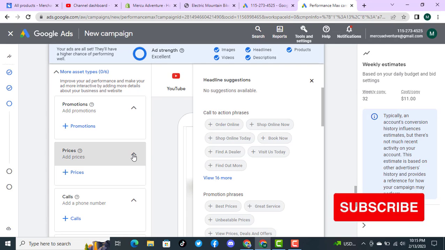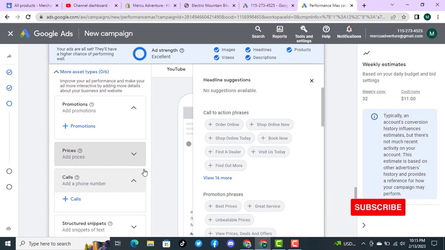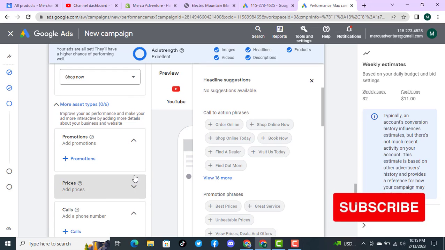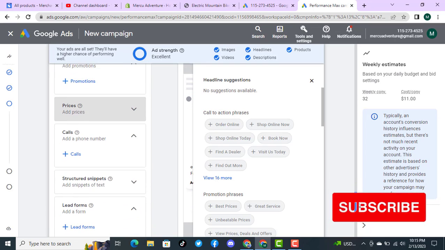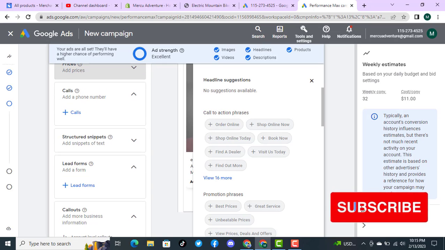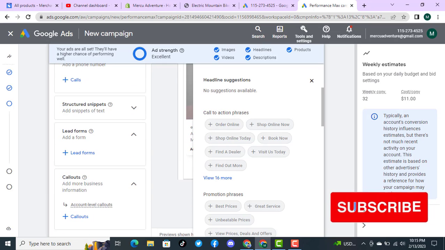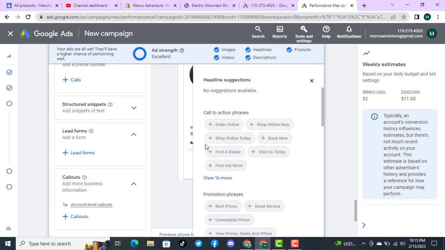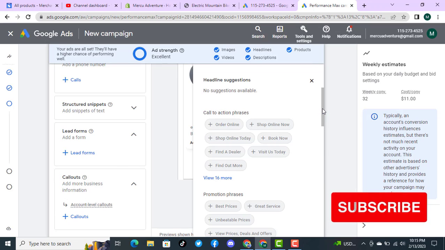And you can also add a phone number, and you can also add calls, but we don't recommend adding these things, though it's good for your presence. And here's structured snippets, and in the lead forms, add a form, and then calls. So these are the extra assets. And after adding all of this,